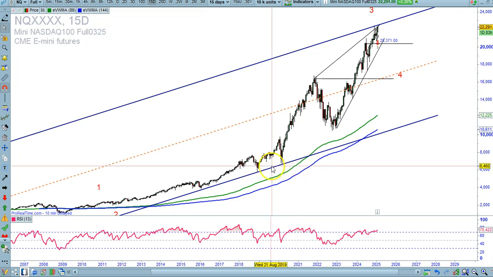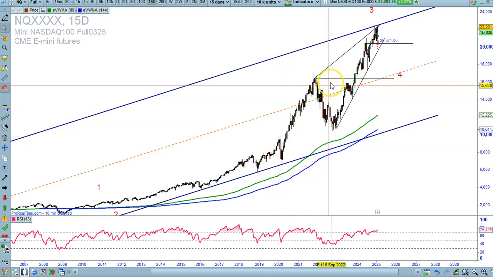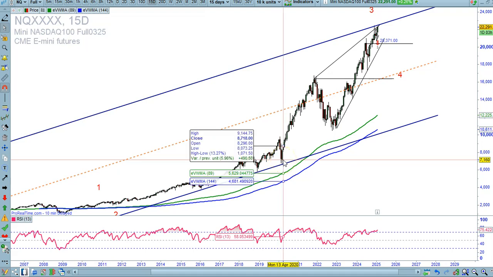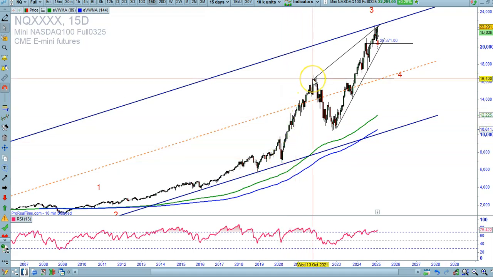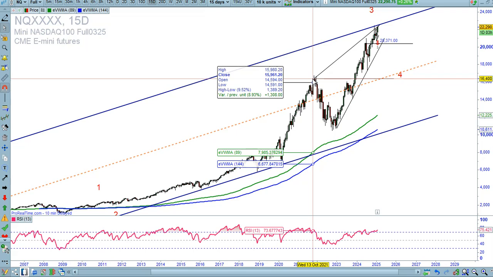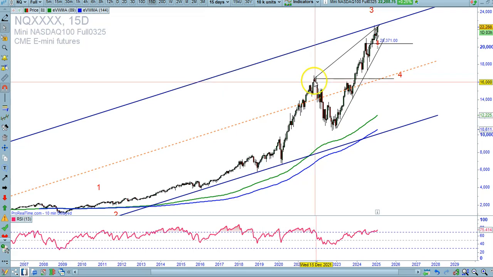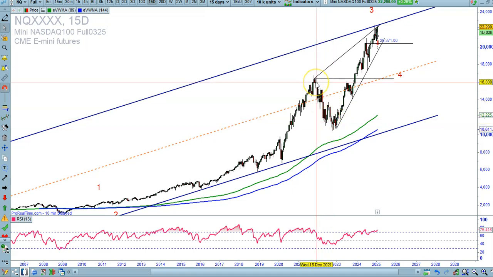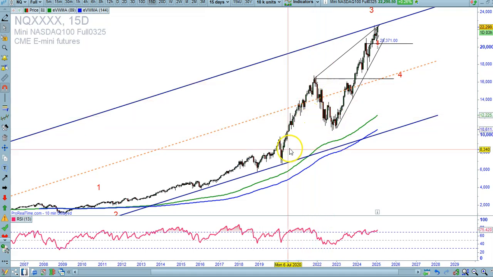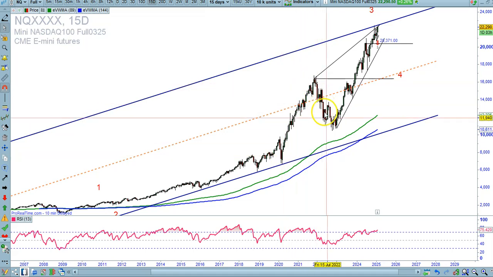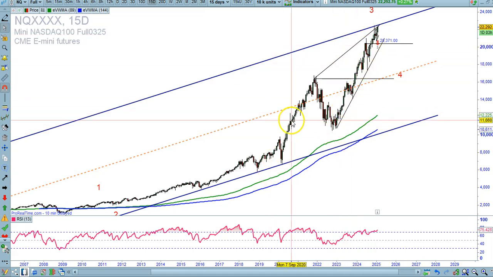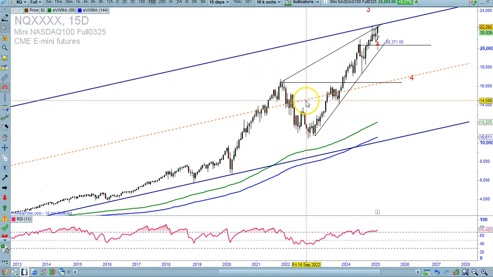This is the 15-day chart, and as you can see, from 2020 we had one exponential upside run, then a pullback during the, sorry, not the COVID, but the Russia-Ukraine war, and again a run-off similar to this one,